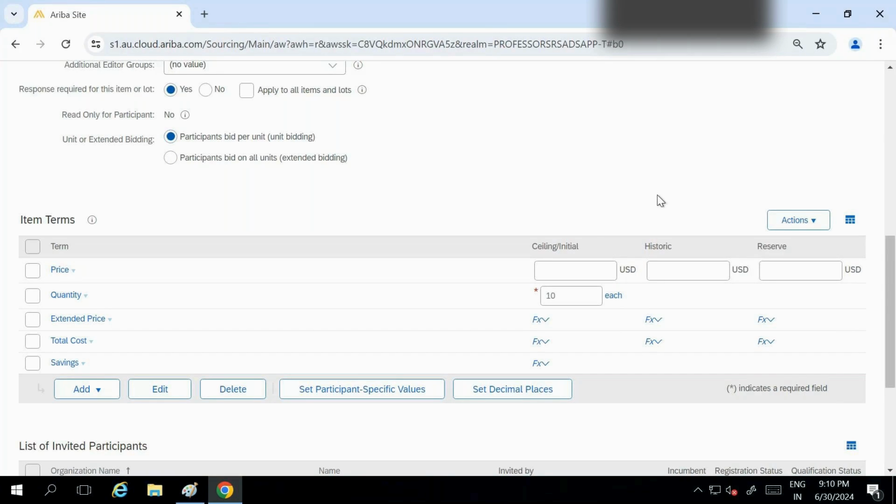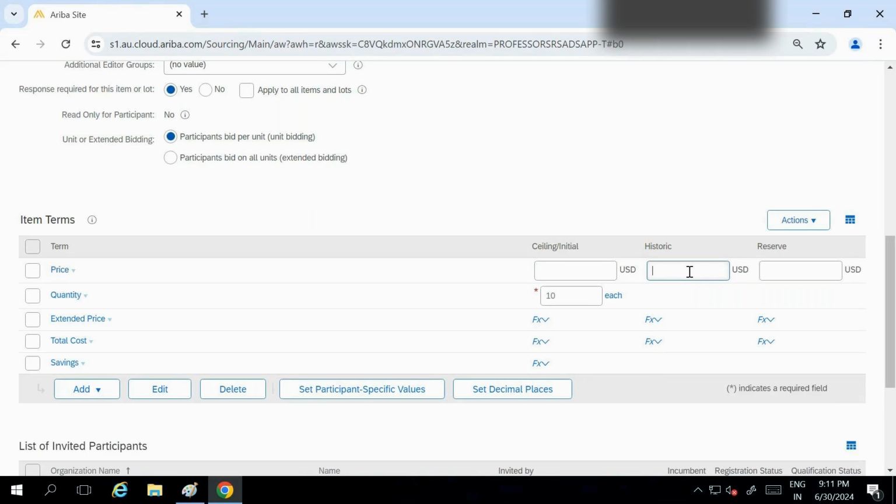Now for comparison purposes, if you have a historical price, don't put any price in the RFP here. You no need to put the ceiling value or initial price, because the supplier is going to put the pricing anyway. For historical price, in the past 6 months or 1 year, every material has a price, and the procurement team will provide you the historical price, but make sure it is a recent one.